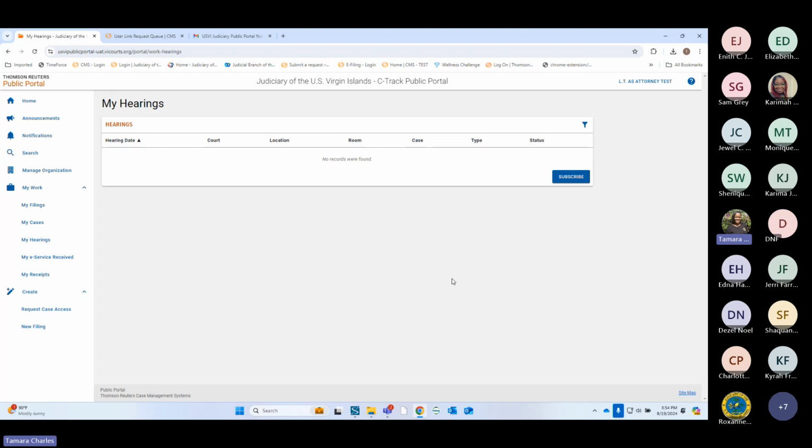So if you get an email that says, hey, could you test this for me real quick? That's just for you. Most of you I have at my fingertips, so I could just say, hey, could you test this real quick for me? Because we resolved it on the back end and we need to test it to make sure that it's working. If you get a test email, some of you may and some of you may not. That is another thing that we are working with the vendor to resolve.